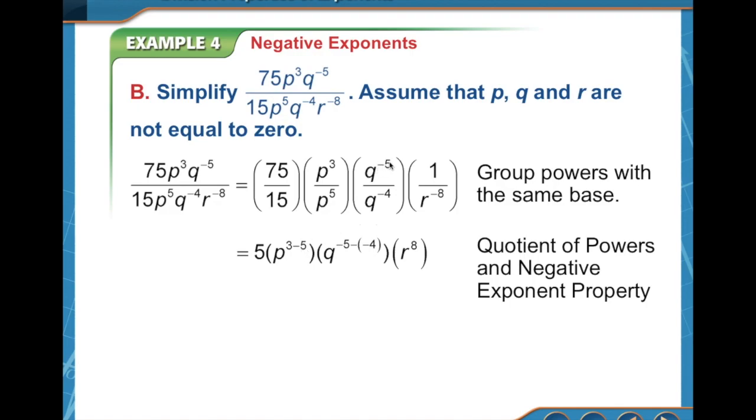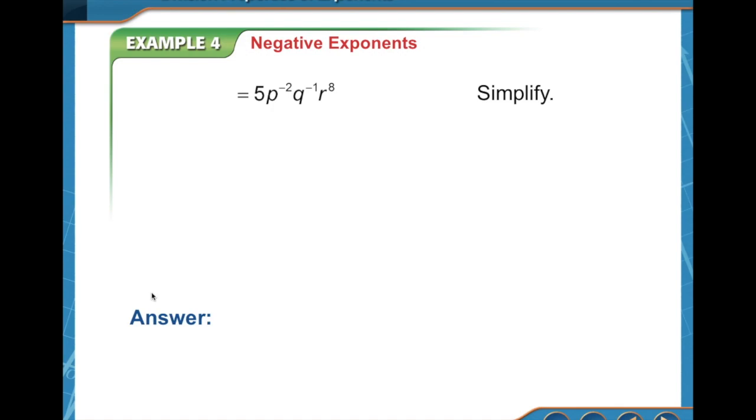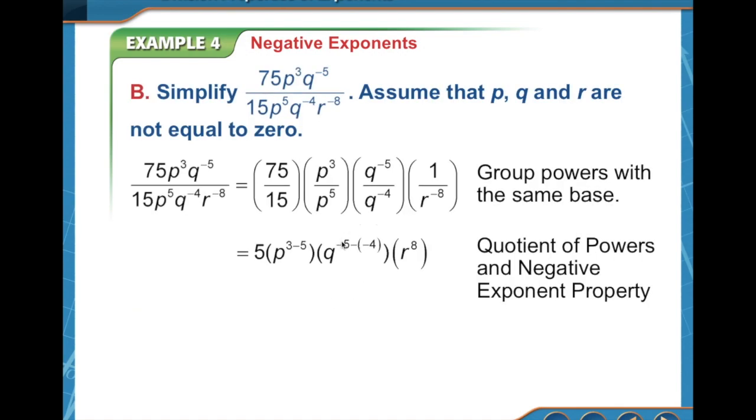Here we get Q to the negative 5 minus a negative 4 if we keep track of all of our signs. Subtracting, and we still have a negative, so minus a negative 4. And then here we just have r to the 8th power, because if this is in the bottom, we can move it up top and then make it positive. So this is the same thing as r to the 8th. Now we can simplify these subtraction signs and get a little bit closer. So we know 3 minus 5 is negative 2 for P, and negative 5 plus 4 is a negative 1. So that will look like